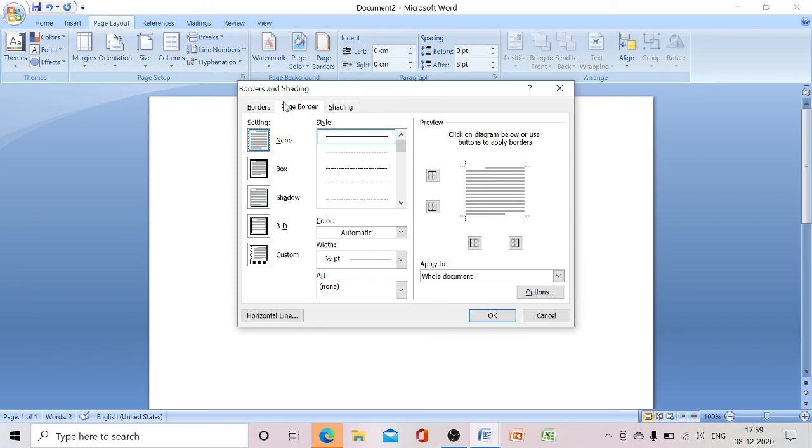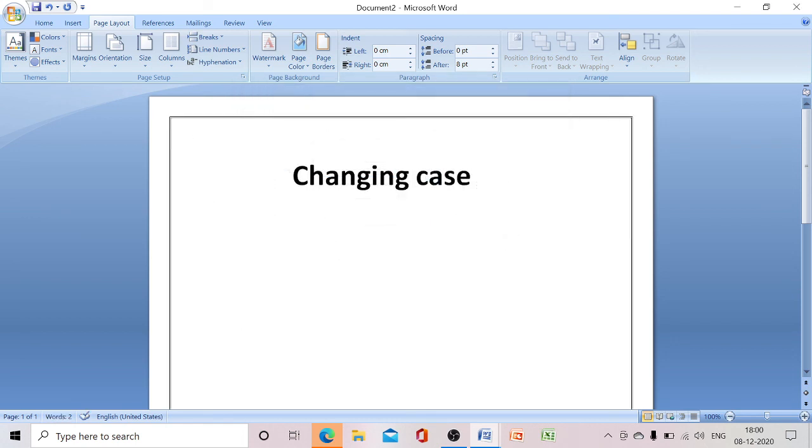Here you can see different page border types, that is box, shadow, 3D, custom, like the different options are there. From this we can choose any one of the page borders. Let me choose this page border and click on OK. So a page border has appeared. Clear? So page border is used to give a border to the selected page.